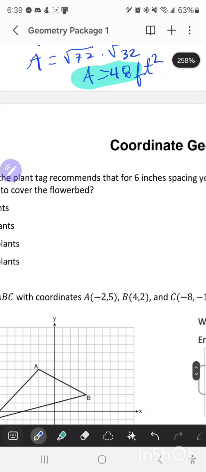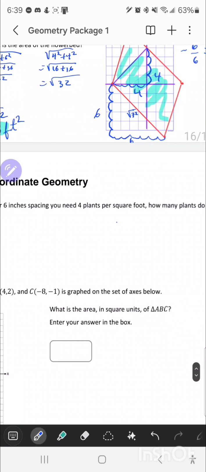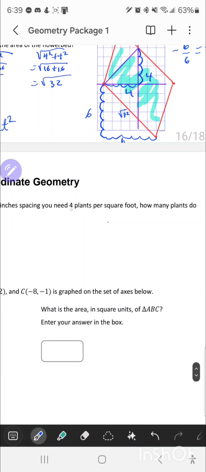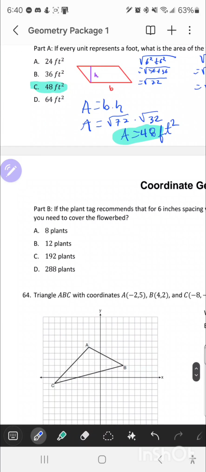Now I'm reading part B. If the plant tag recommends that for 6 inches spacing you need 4 plants per square foot, how many plants do you need to cover the flower bed? Okay, we have 4 plants